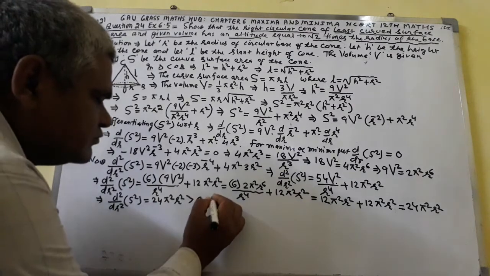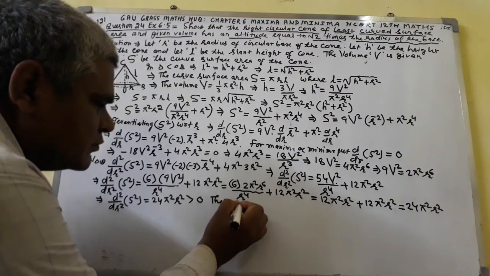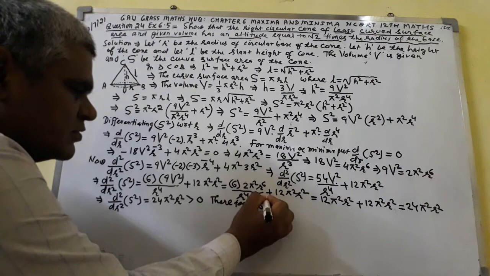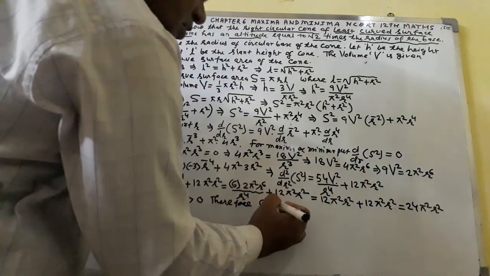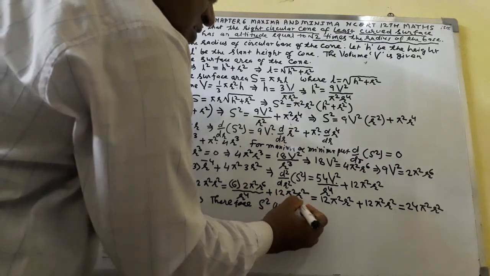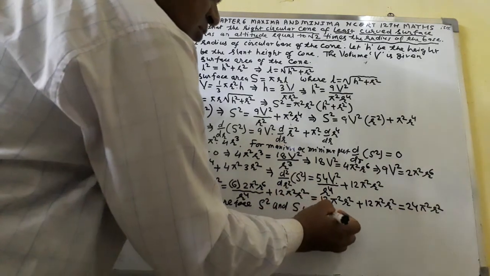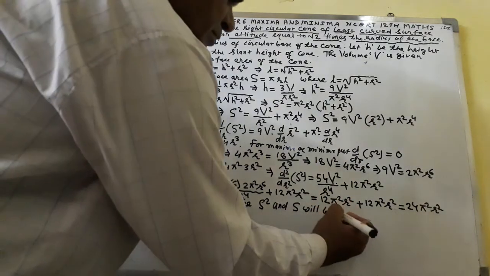Therefore, s square and s will be greater, minimum, at